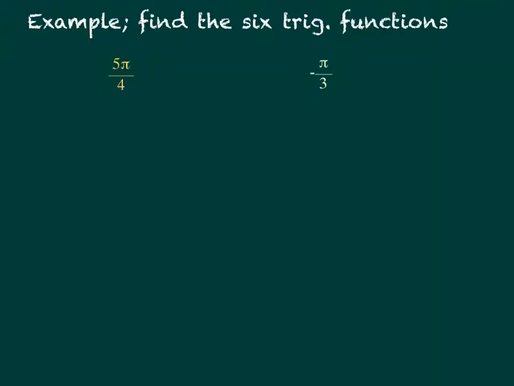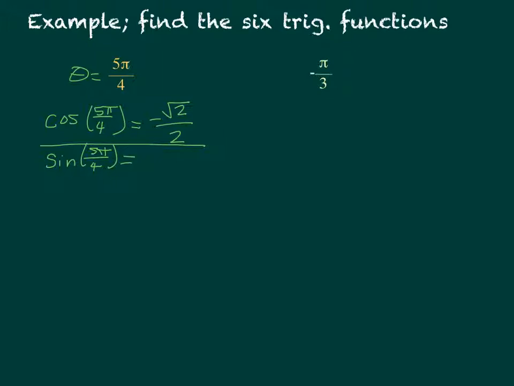All right, now for some examples. If theta is equal to 5 pi over 4, we should be able to use our unit circle to find all of the trig functions. So the first thing, our x-coordinate is going to be cosine. So cosine of 5 pi over 4, if you refer to your unit circle, it is the x of 5 pi over 4, which is negative square root of 2 over 2. So that's your cosine. And then sine of 5 pi over 4